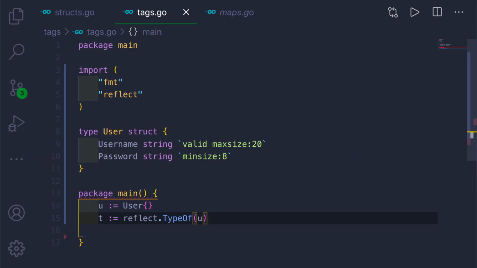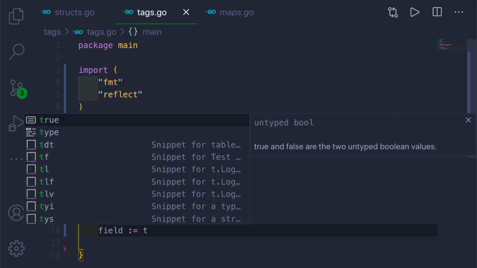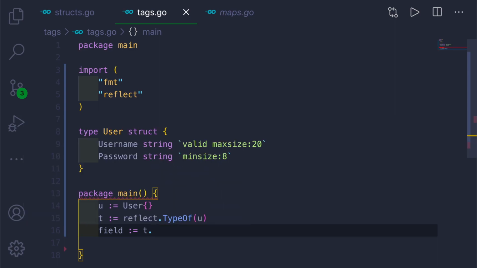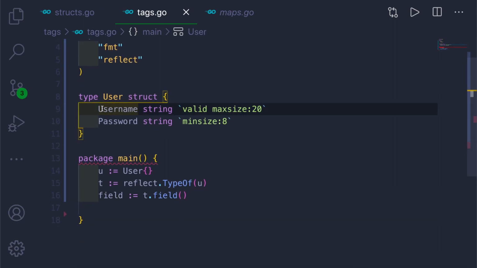And now we want to create a field variable. So field colon equal to t dot Field, and this will take the index of the struct field. Username will have index 0, password will have index 1, depending on the positional syntax. We have to get username, so we'll give 0 here as the index.